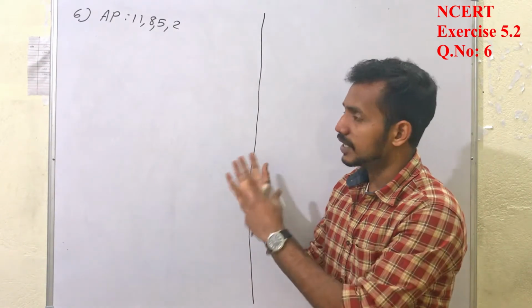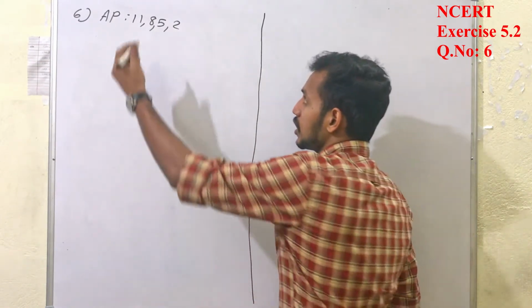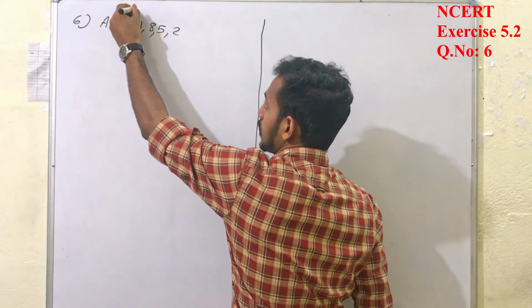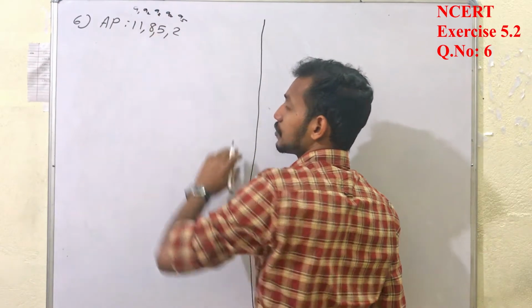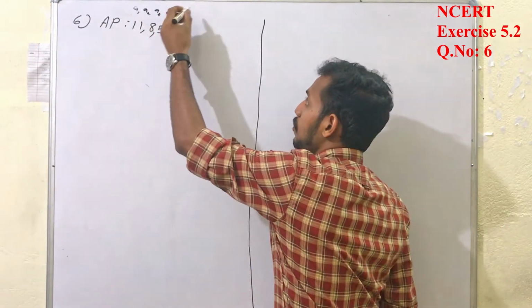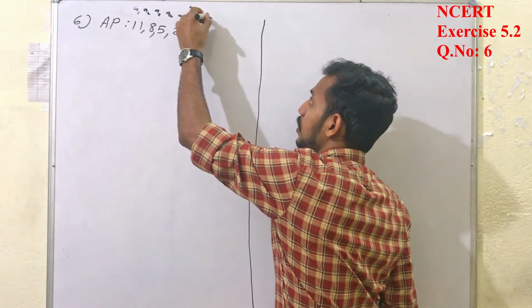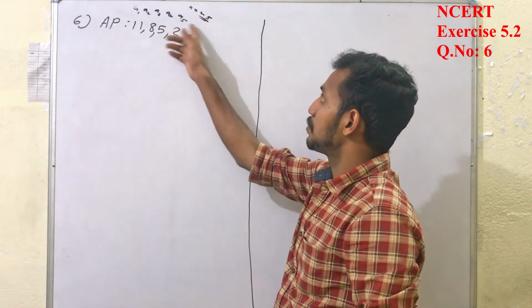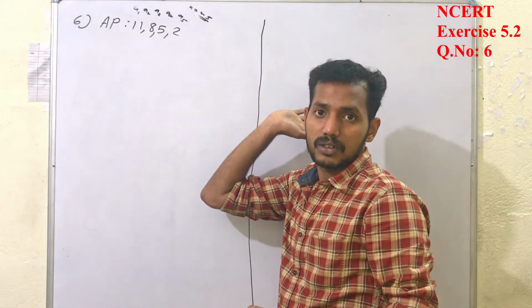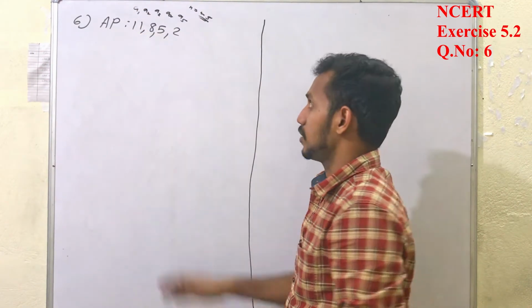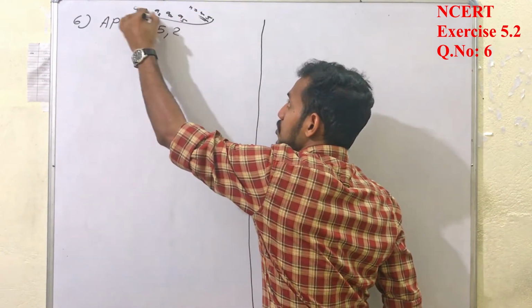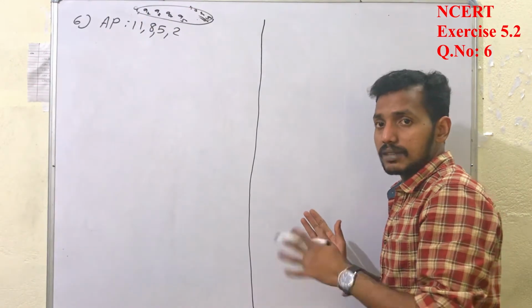If n is not an integer, because as we know, the terms are first term, second term, a2, a3, a4, a5. If you get the value of n equal to, suppose, 4.5, there is no term with the position 4.5. The terms are integers, first term, second term, third term, etc. So this is the concept we are going to use here, whether the given number is a term of the given AP.